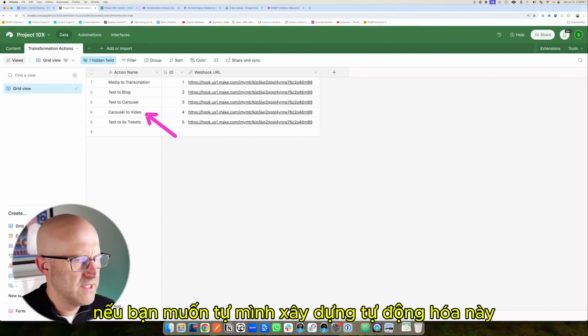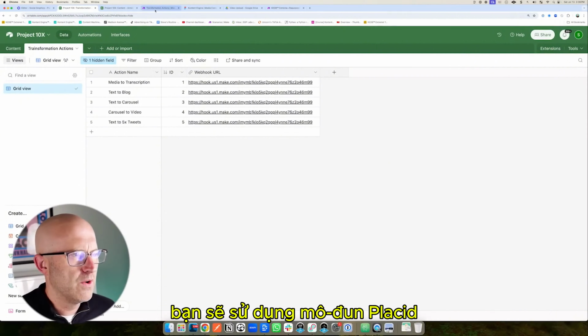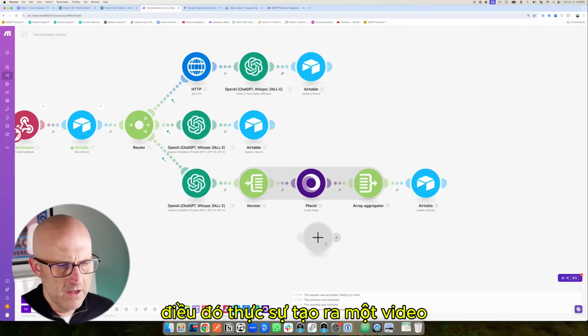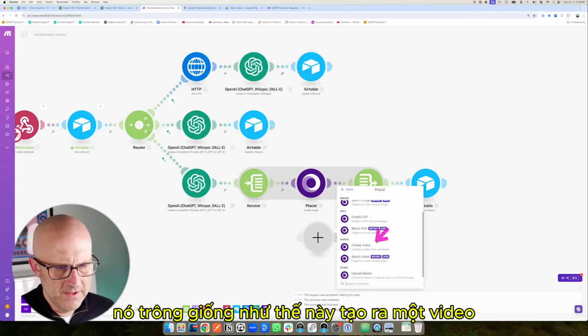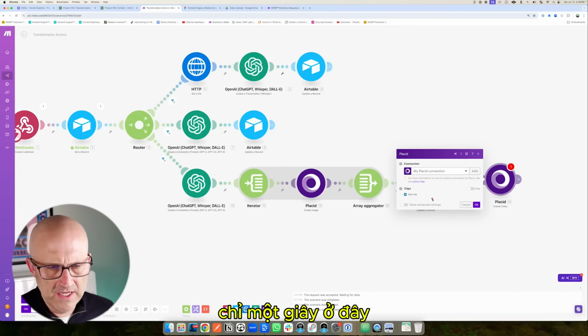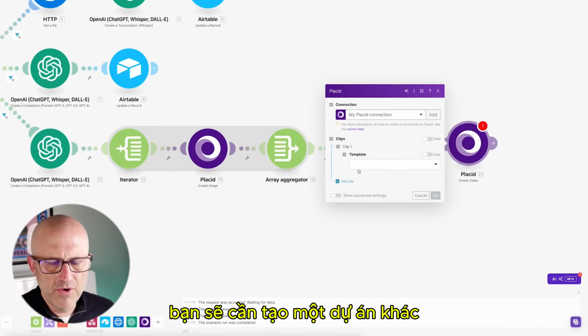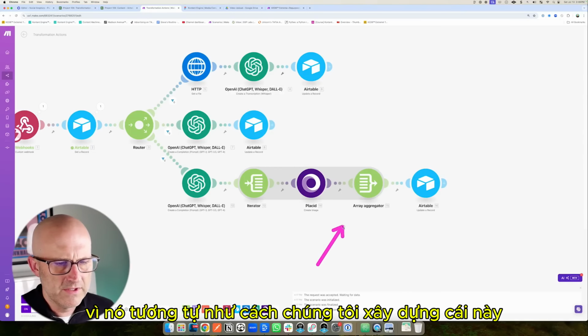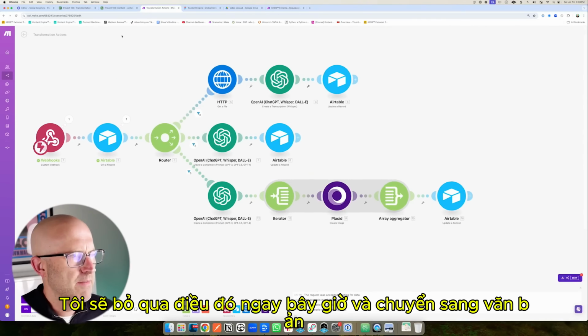So if you do want to build out this automation on your own, you're going to be using the Placid module that actually creates a video. It looks something like this, create a video. I'll go ahead and put it here just so we can see inside of it just for a second. Here you'll need to create a different project, a different template, and then you're able to merge multiple clips together. Since it's similar to the way we've built out this one, I'm gonna skip that for now